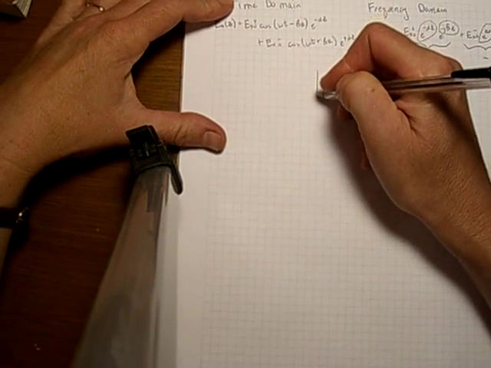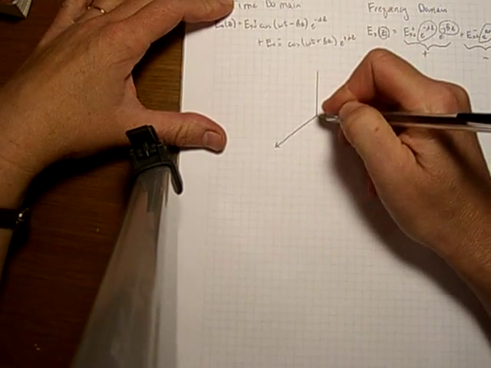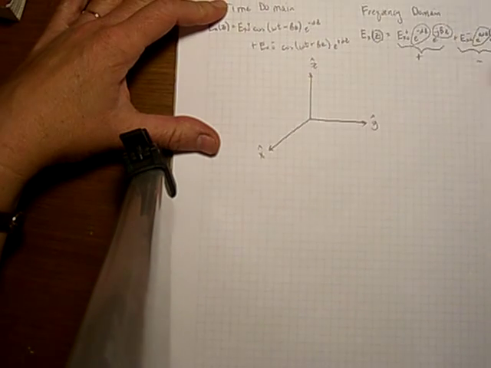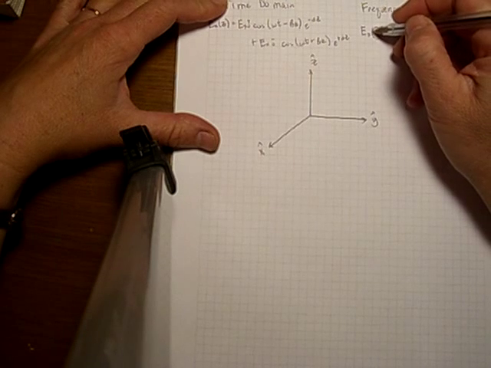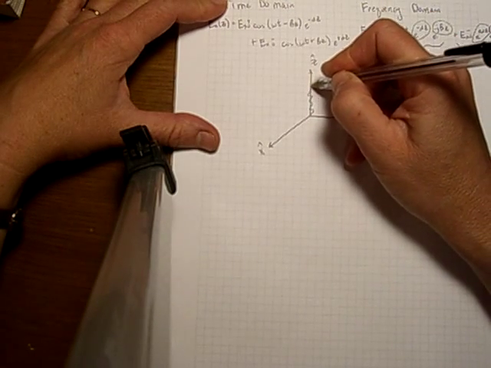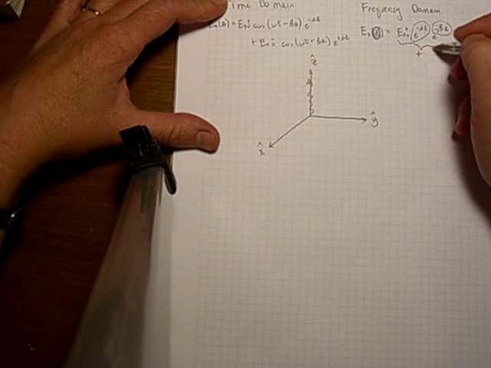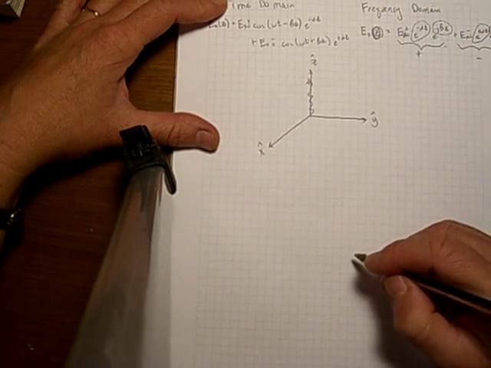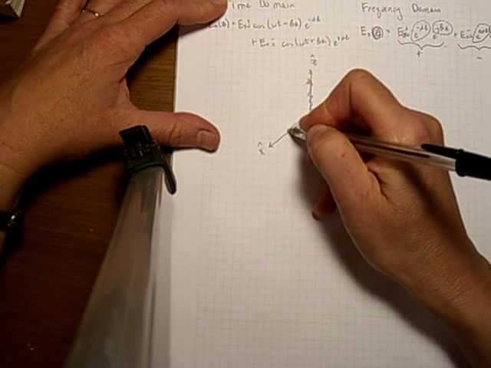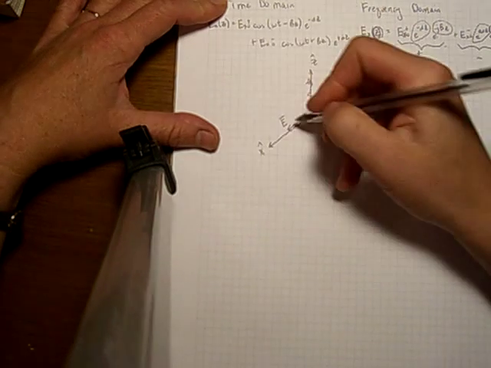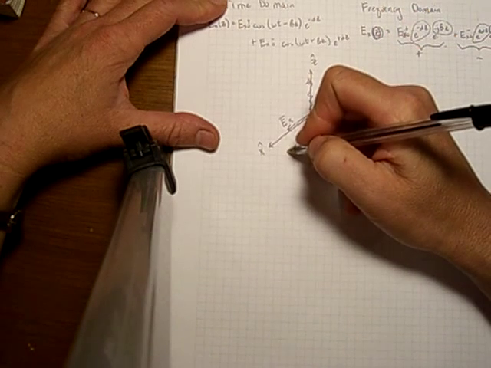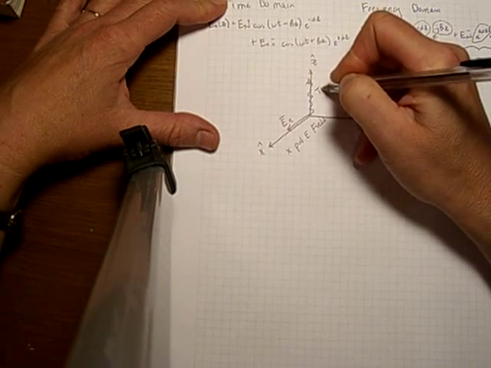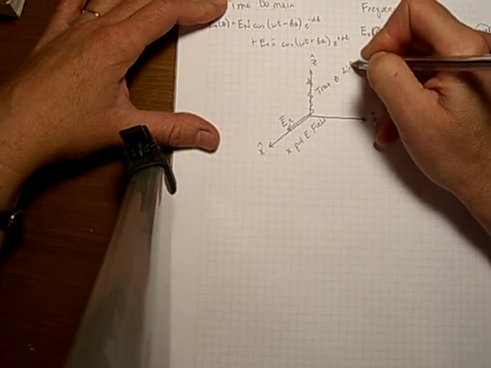Now let's emphasize again the direction of propagation and the polarization of this vector. So here is the x direction, y direction, and z direction. If I plotted the direction of propagation, I've got a wave that's propagating in the z direction. That would be this term right here, Ex0 plus, and it has this phase term. This x right here is telling me where the electric field vector lies. So here is my electric field vector. It is in the x direction. We say that this is an x-polarized electric field traveling in the z direction.